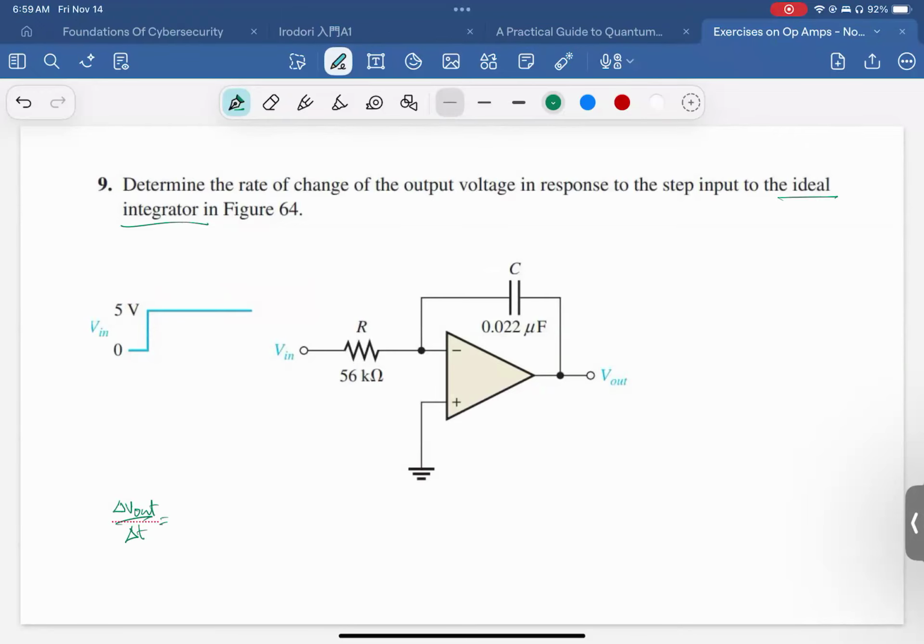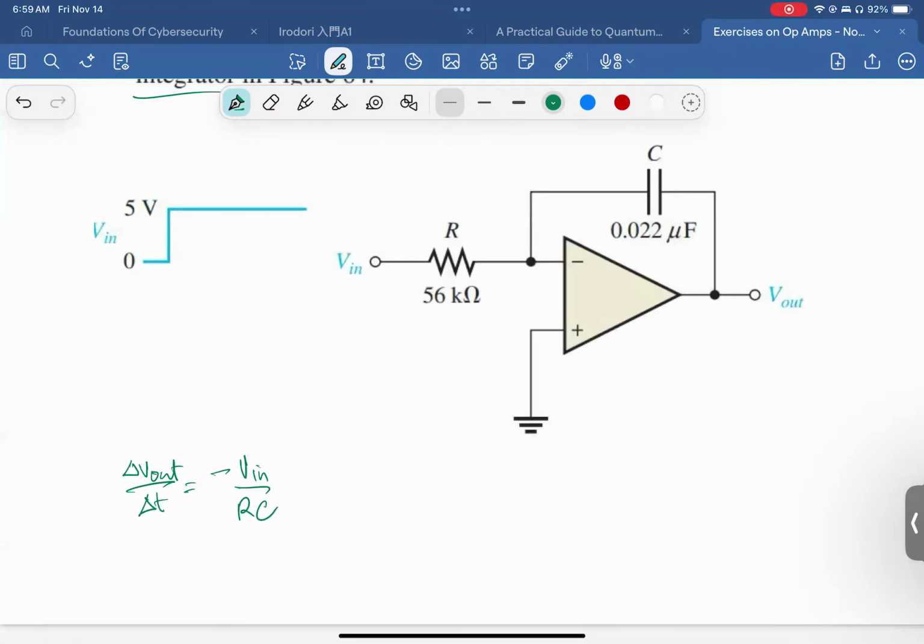V out is equal to negative V in over RC, or RC is the time constant. So we can solve for the time constant from the given values of resistance and capacitance. So 0.022 microfarads times 56 kilo ohms, and this will give us 1.2